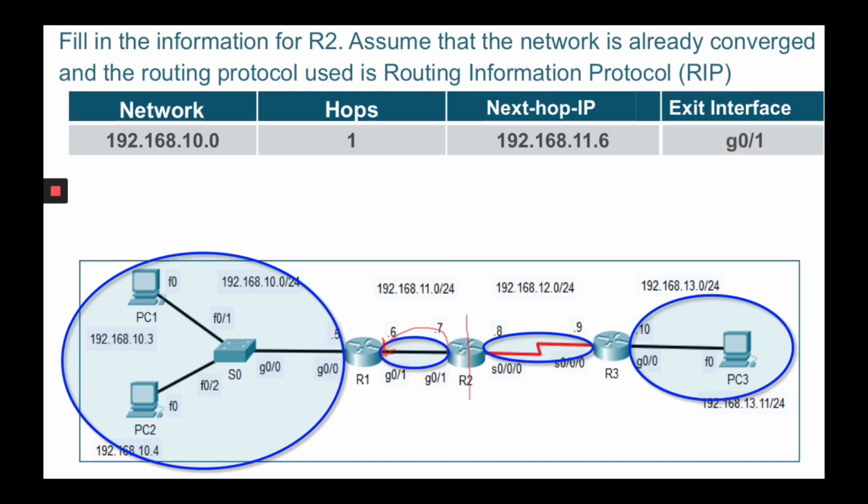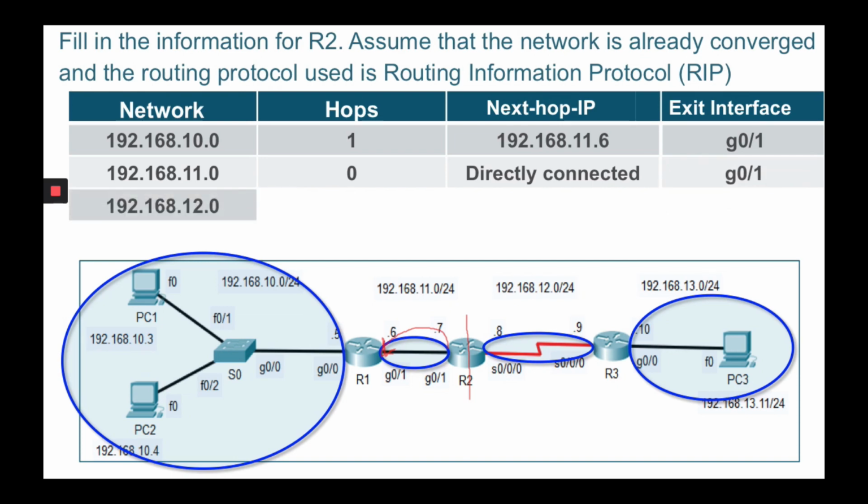My exit interface will be G0/1. Now, the same goes for 192.168.11.0. The number of hops is 0. The next hop IP address is directly connected, and the exit interface is G0/1. Okay. From the router 2 perspective, if router 2 would like to go to this network